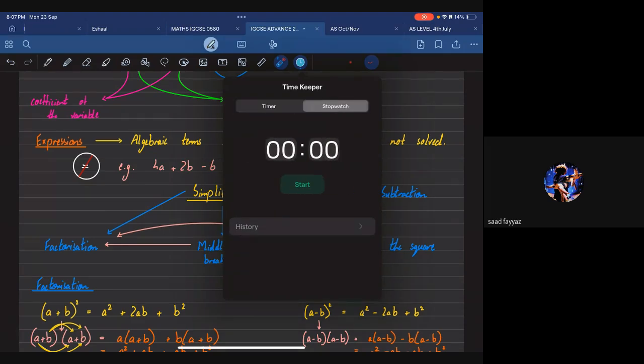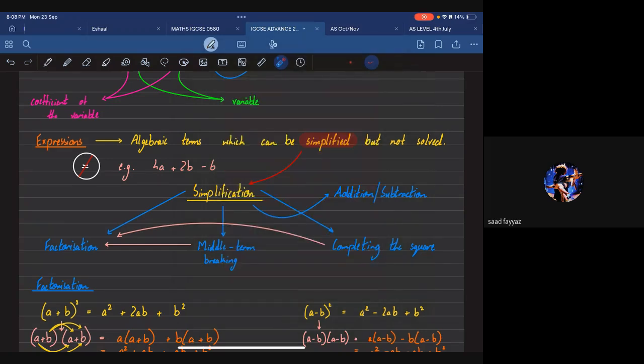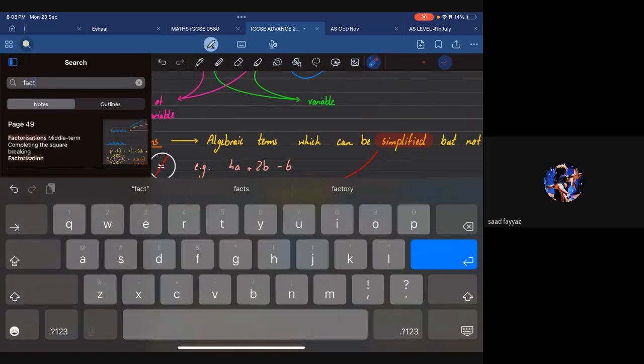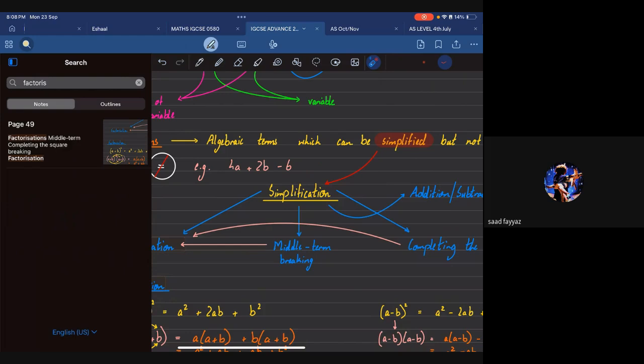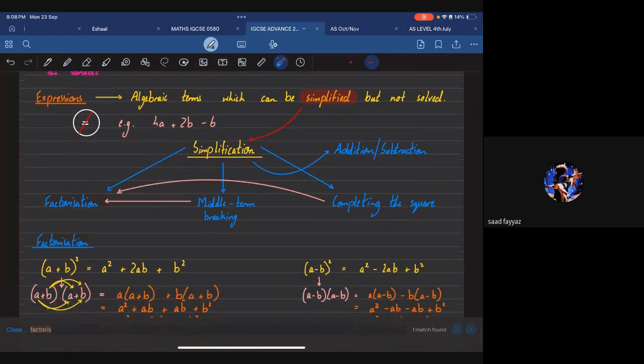By the way, what is this? I just touched this and this looks fun. Wow. And I also, wait, I'll tell you guys, I also discovered a new feature over here. I can search anything over here. That is so cool, by the way. I did not know this. Sorry for being such an idiot.